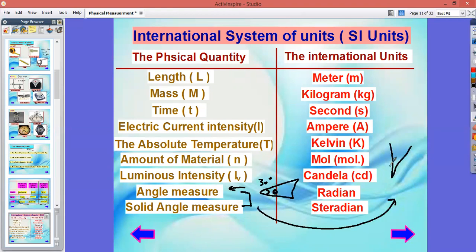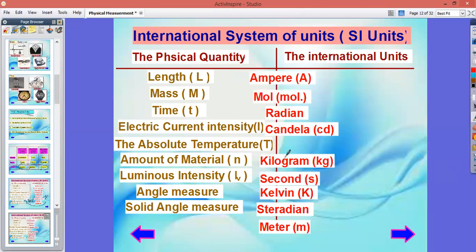If I have a cone, like a cone with chocolate, if you like it, this angle in the cone is called the solid angle measurement. Again, what is it called? Solid angle measurement. Its unit is what? Is steradian. Let's make sure you can understand the difference between them. Okay, it's matching.